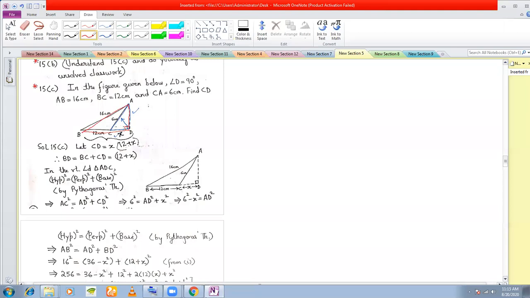Okay, which one is the hypotenuse? This one, AB is the hypotenuse. This is your common, this is your perpendicular. In fact, what you can see is that AD is the side that actually links the two right angle triangles. It is the relation between the two right angle triangles, and this is the relation that we are going to use in order to find x.